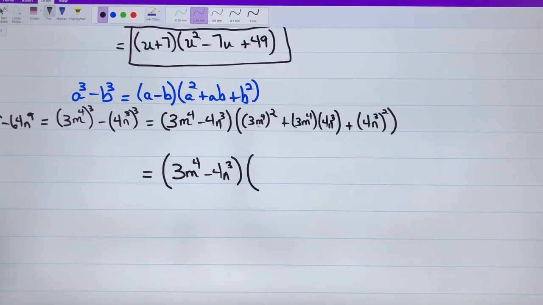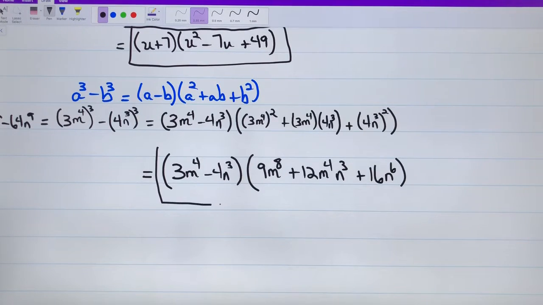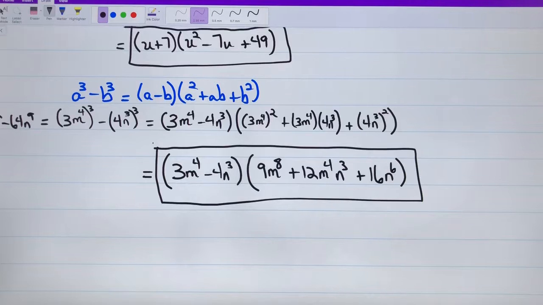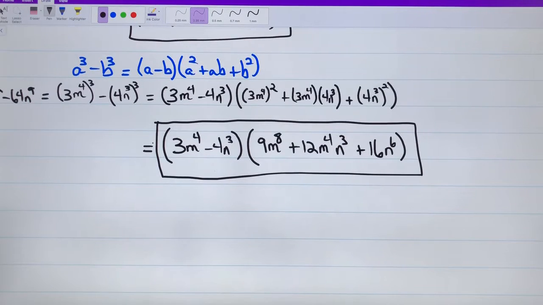For 3m to the 4th squared, 3 squared is 9, m to the 4th squared is going to be m to the 8th. And we have plus 3 times 4 is 12, then m to the 4th, n to the 3rd. And for the square of 4n cubed, 4 squared is 16, n cubed squared. Again, by the power property of exponents, we have n to the 6th. So with the factorization, we have the binomial 3m to the 4th minus 4n cubed, and the trinomial 9m to the 8th plus 12m to the 4th n cubed plus 16n to the 6th. And now, with regard to number 108,